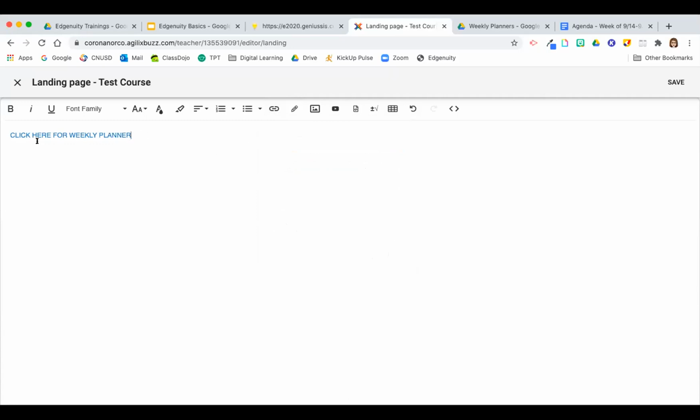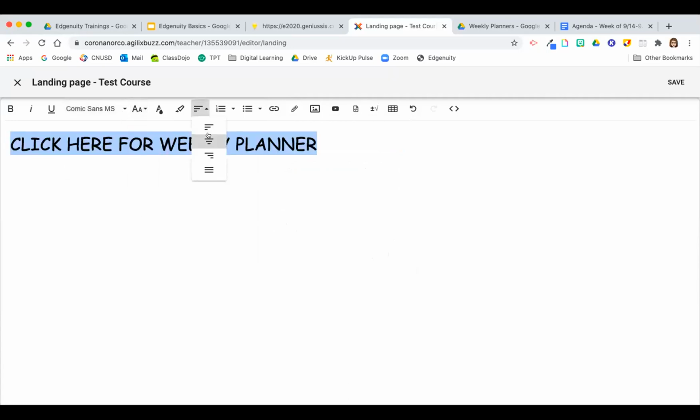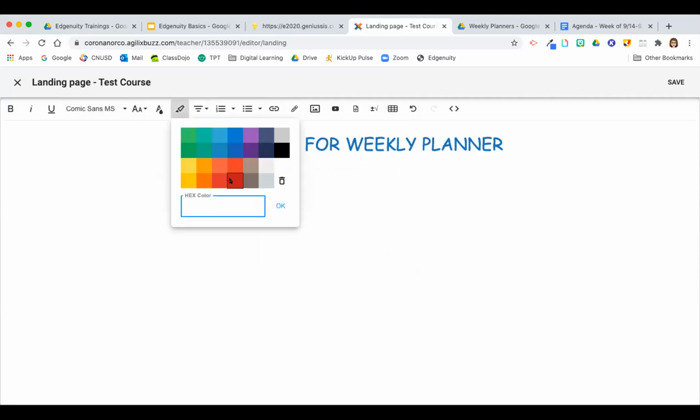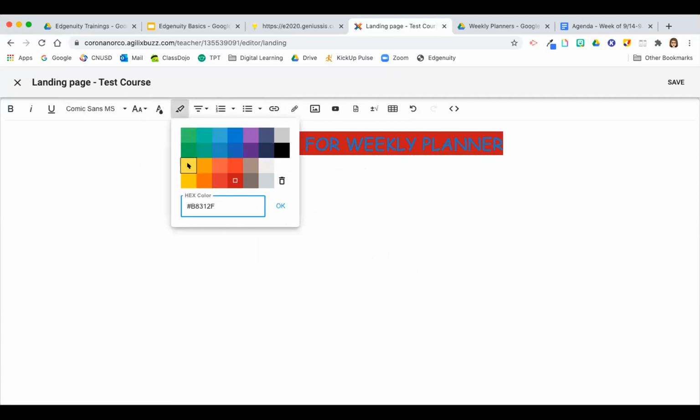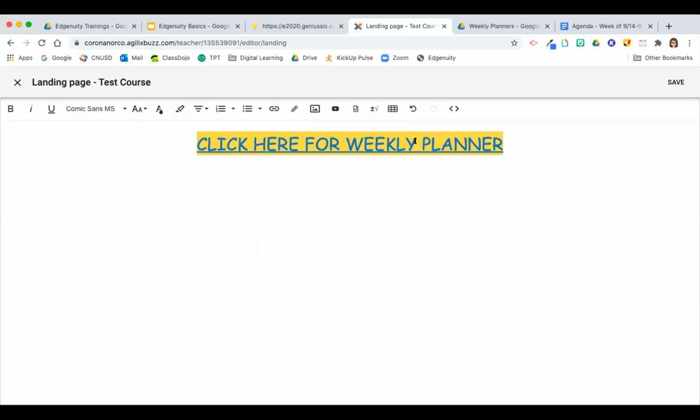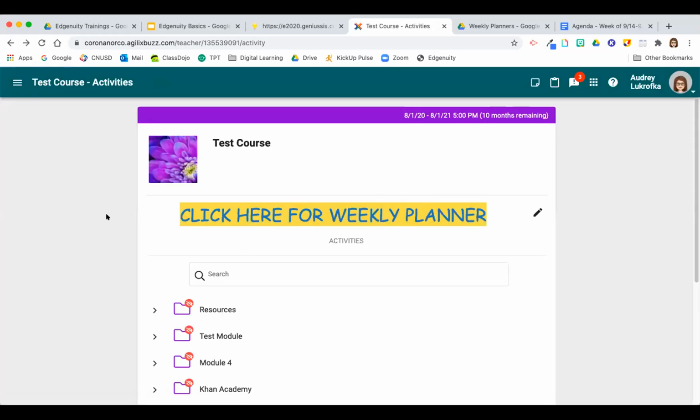And if I select this text, I can change the font, I can change the size, I can change where it's aligned, I could highlight it, put a background color. It's a horrible color for background color, yellow, there we go. So I can do a little bit of editing here, and then I'm going to click save. And that has put this link big, bright, bold for my students to see